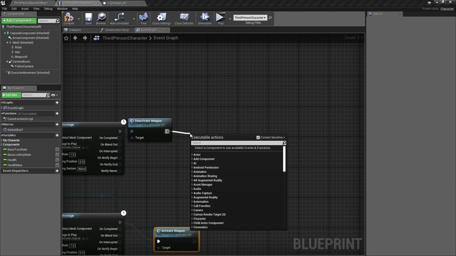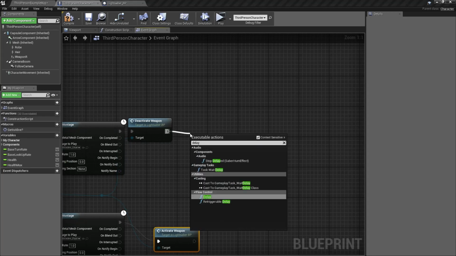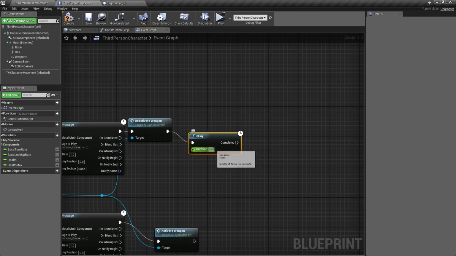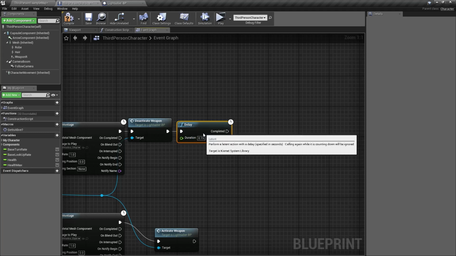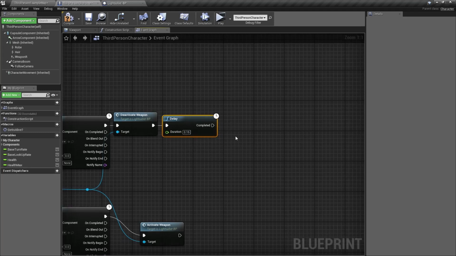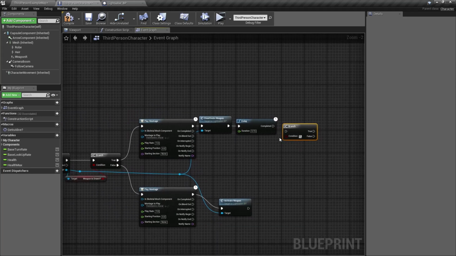So first we're going to do a delay, and we're going to set this to something relatively small, so we'll say like 0.15, and then we will do a bool